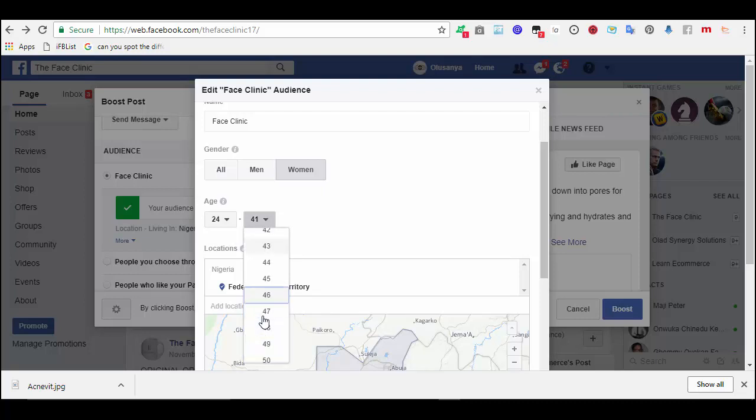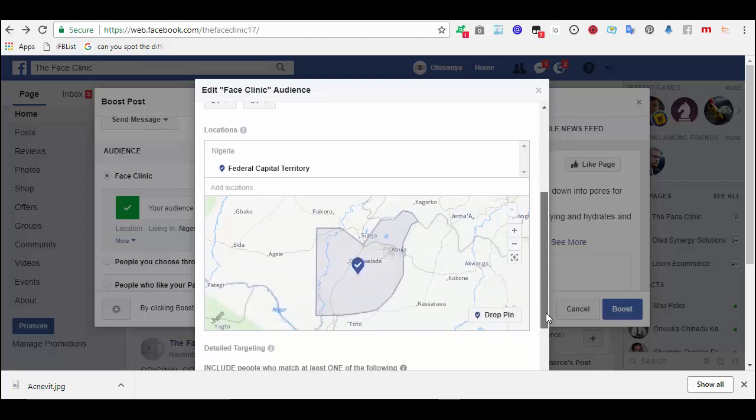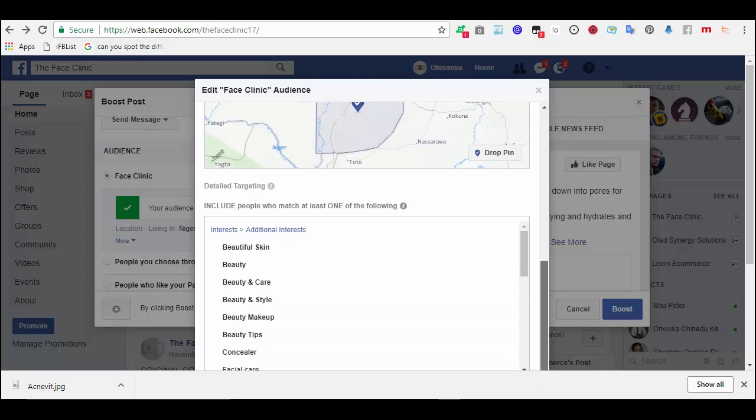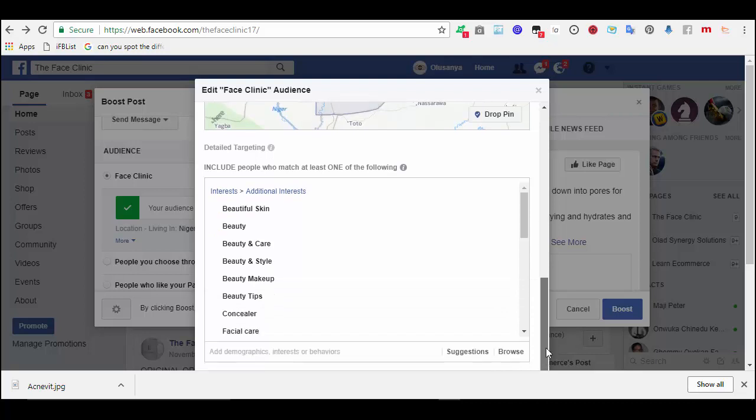People of 18 years old, I don't like targeting 18 years old because they are a bad market. Then women, target women only, because it's a feminine product. Now beautiful skin, okay, this one is okay.